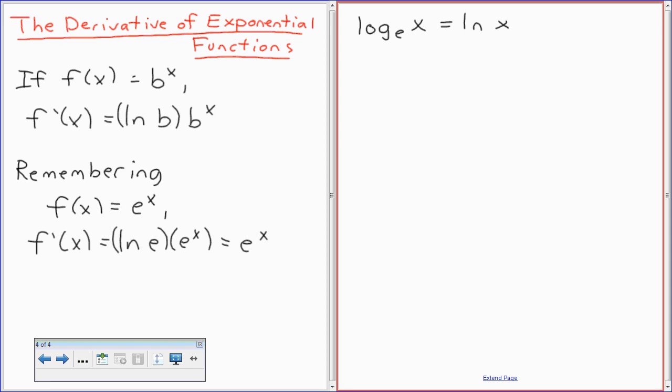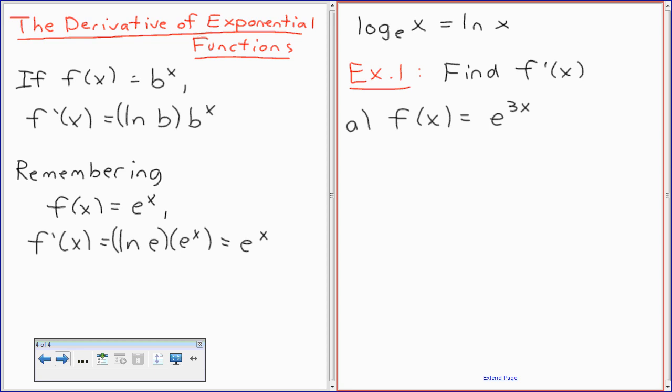Okay. Here we go. Example 1 says find f prime of x. We haven't really done much of this yet, so I'm going to start right at the basics, right at the fundamental thing here. So we said the derivative of e to the x is just e to the x. So what this actually is for the derivative of e to the 3x, this is going to be